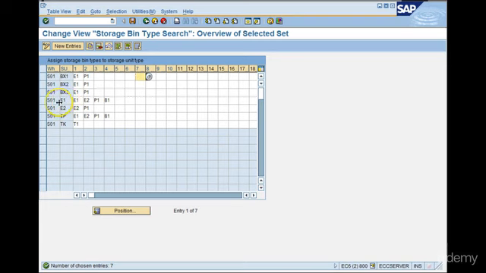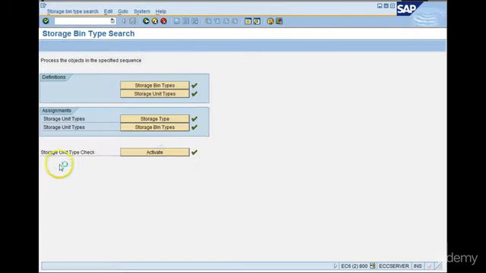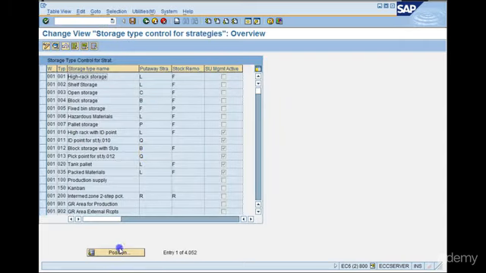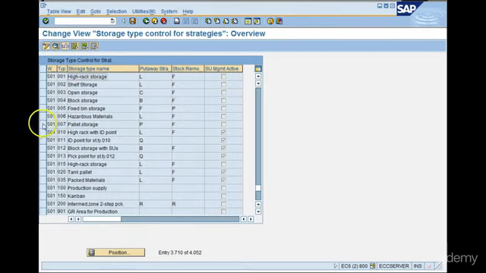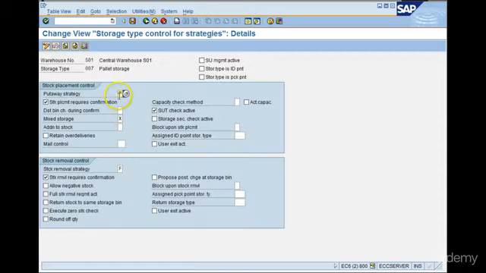We have storage unit type E1, and it can accommodate storage bin type E1. It can also accommodate E2, P1, B1 and so on. Next we have the storage unit type check activation part. So we are focusing on storage type 007 for the pallet strategy. So the put away strategy is P, and once we activate the storage unit type check,